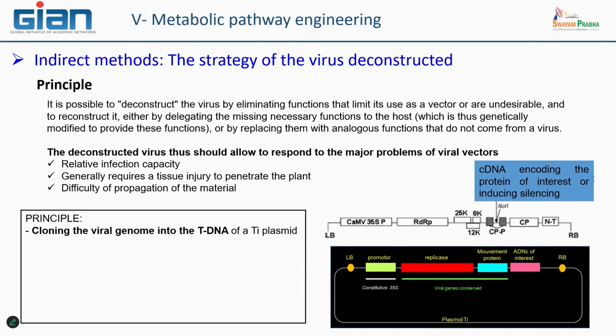Here is an illustration of what we can do. We can modify a T-DNA plasmid with virus sequence, which is then included in Agrobacterium. We can manage the infiltration of Agrobacterium directly in a plant. It's quite easy because plants have stomata. You can apply a syringe without a needle and just push, and by the pressure the bacteria enter via the stomata in the leaf.